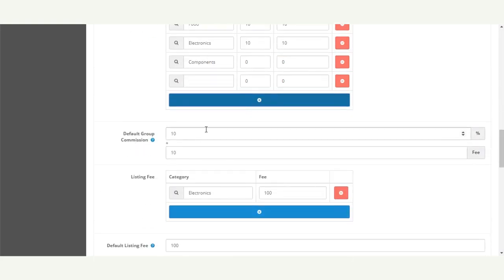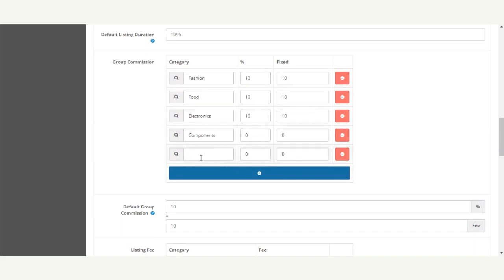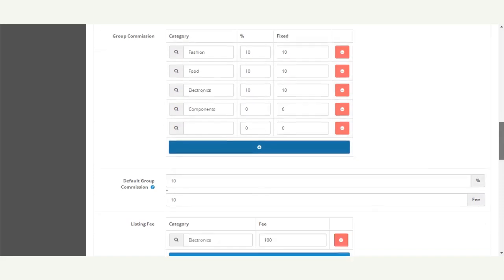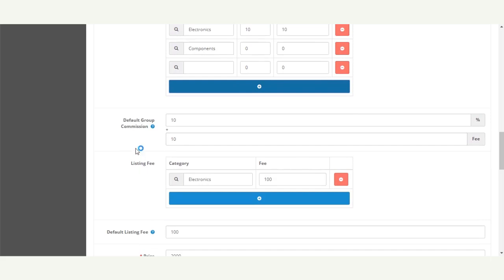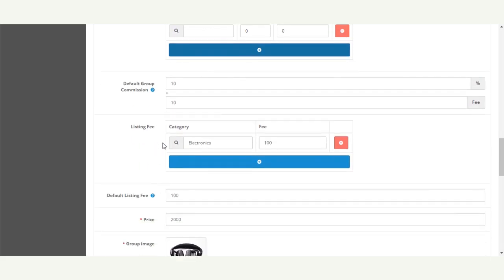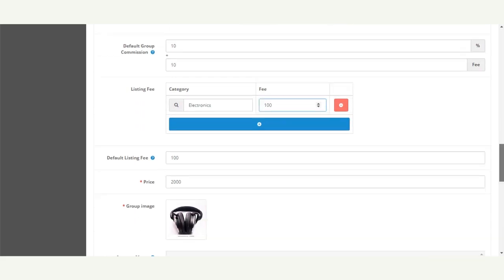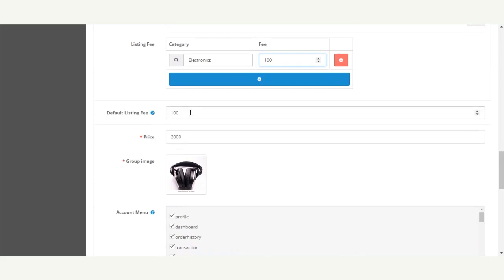In the coming video, we'll be showing you what options are there under the marketplace membership module after the installation has been completed, and we'll be showing you how the sellers can purchase the marketplace membership on the front end. So guys, this was all about the basic configuration of the module in the Opencart marketplace